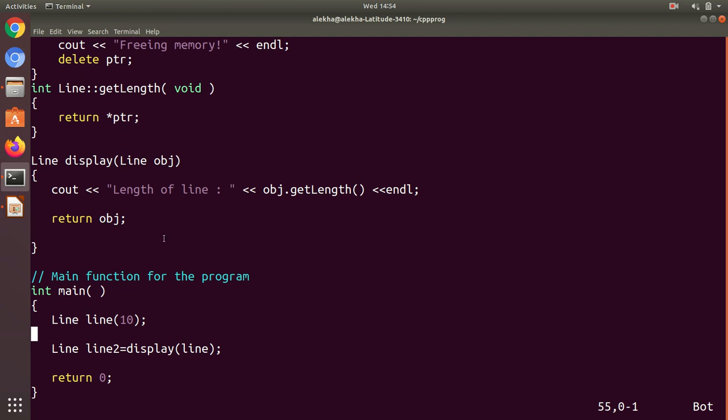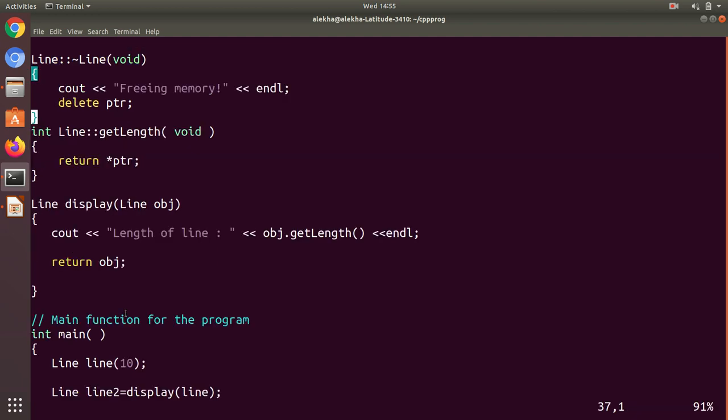Once this object is returned, a temporary object is created and then assigned to line2. While this copying is going on, the second copy constructor is called. So we'll see that. That's how it works usually.